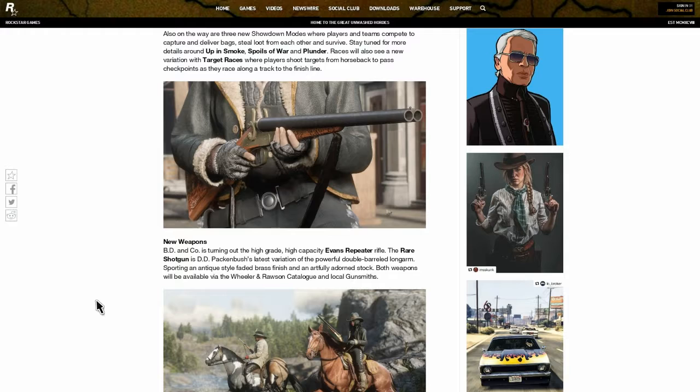On the 4th paragraph of the Rockstar newswire, Rockstar talks about a couple of the new weapons that are actually coming out. One of them's new, and then the other one's from single player that's already in the game. The first one is the Evans repeater, and by new I mean in Red Dead Redemption 2 in general will be new. In fact, it's a returning weapon from Red Dead Redemption, and they describe it as high grade, high